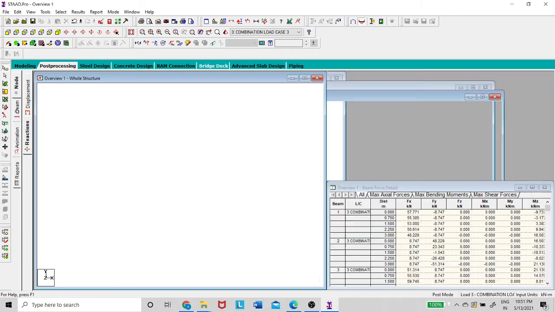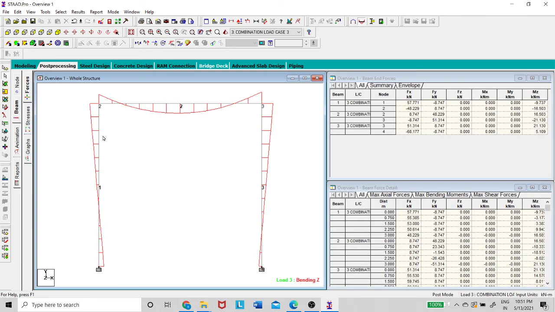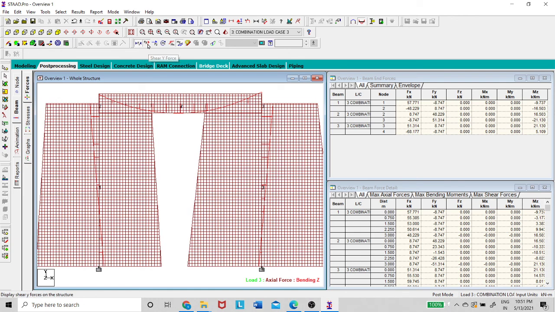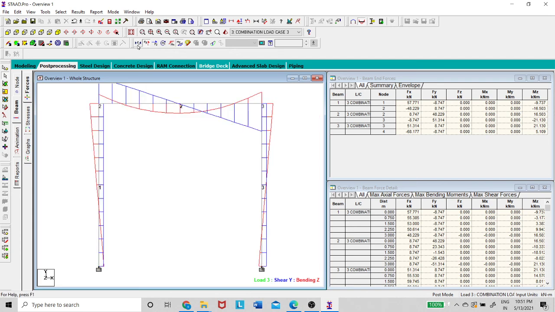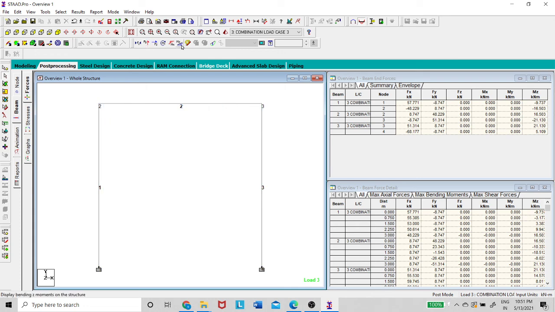Similarly, if you go to the beam, you can see the bending moment diagram. For bending moment you always have to look at the bending moment in the z direction. Then there is the axial force diagram and the shear force diagram. This is the shear force diagram, and if you want to see the bending moment diagram, this is the bending moment diagram.